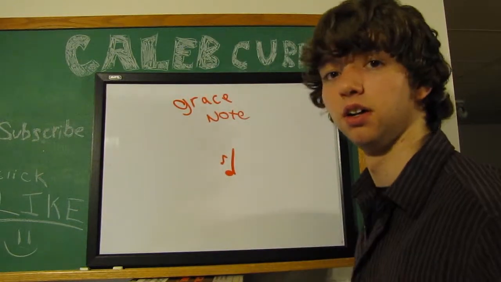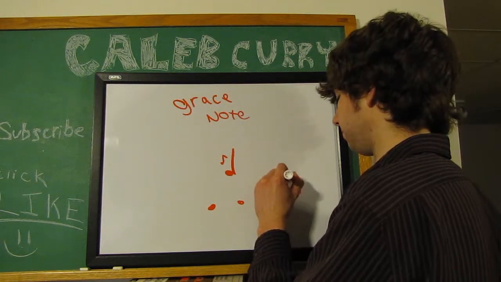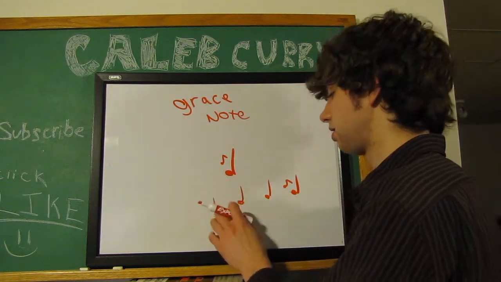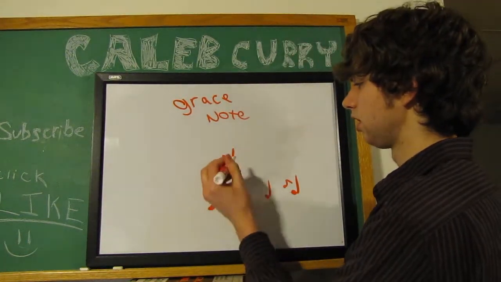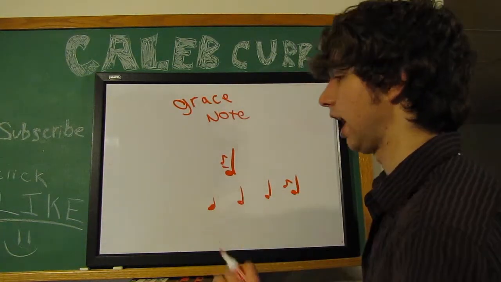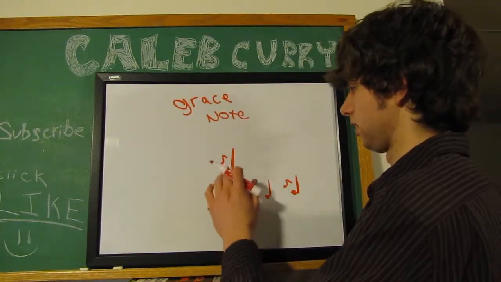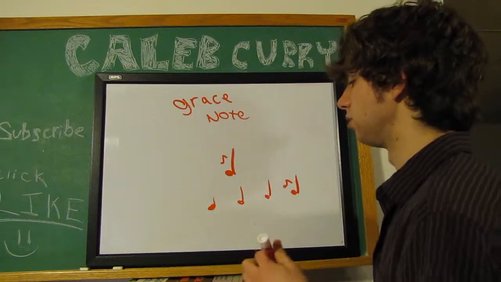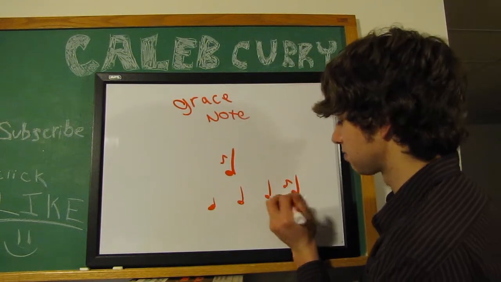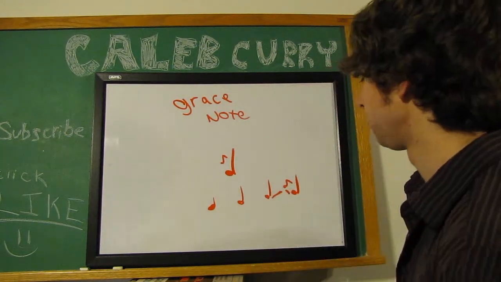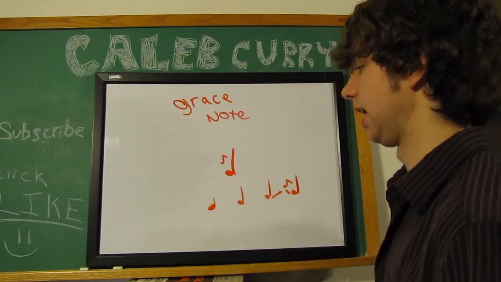So if I'm playing, I have 4 notes, but this one has a little grace note. It'd be da, da, da, da, da. Now, the space between these 2 notes here varies. It just depends on the tempo and how the person who is composing or performing the song wants it. So this could be 6/8 notes, da, da, da, da, da, which I doubt it'd be that slow, because typically it would be less space between these 2 rather than between these 2. So it'll be da, da, da, da, da, almost as in a swing feel,